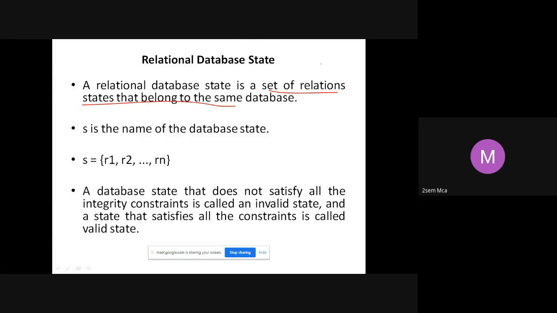What is the state of a table? Initially, it is empty. Then you start inserting records. Suppose I enter 5 records in the student table, that becomes a state of the student table. Like that, for every relation there is a state because there are certain records. All these states together you call a database state.